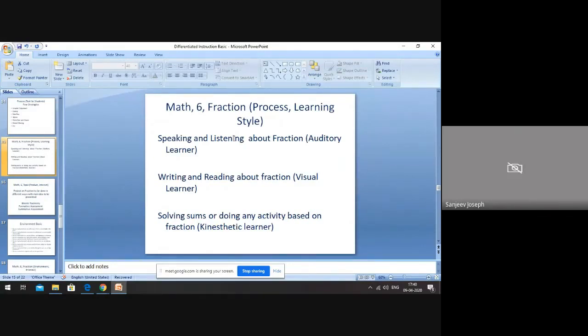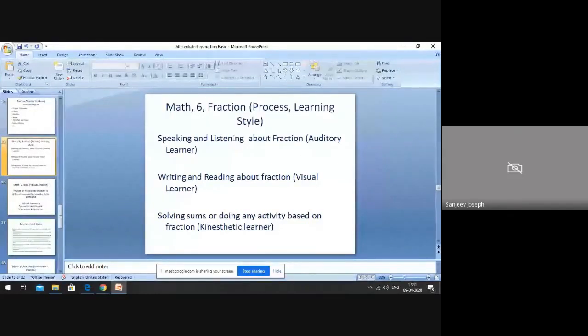I would like to request the teachers that please tell the students to keep one rough notebook always for what you want them to write and note about. The writing can be about a topic itself, but the writing part is very important for those who are visual learners. And again, I'm talking about the basics of differentiation, where this kind of learners in every topic has to be taken care of, and this has to be done in all the units which you are doing, for a few minutes or a few of the classes which you are taking for a particular topic.